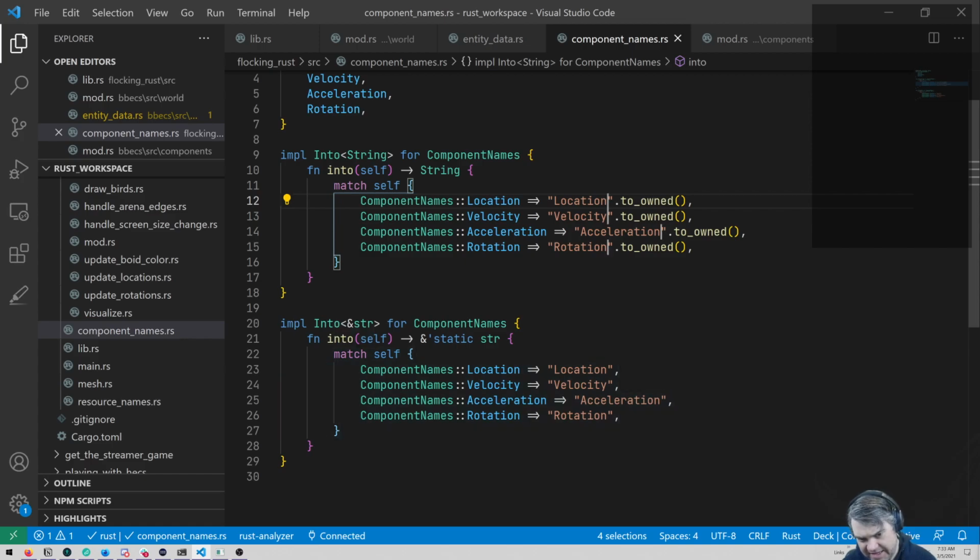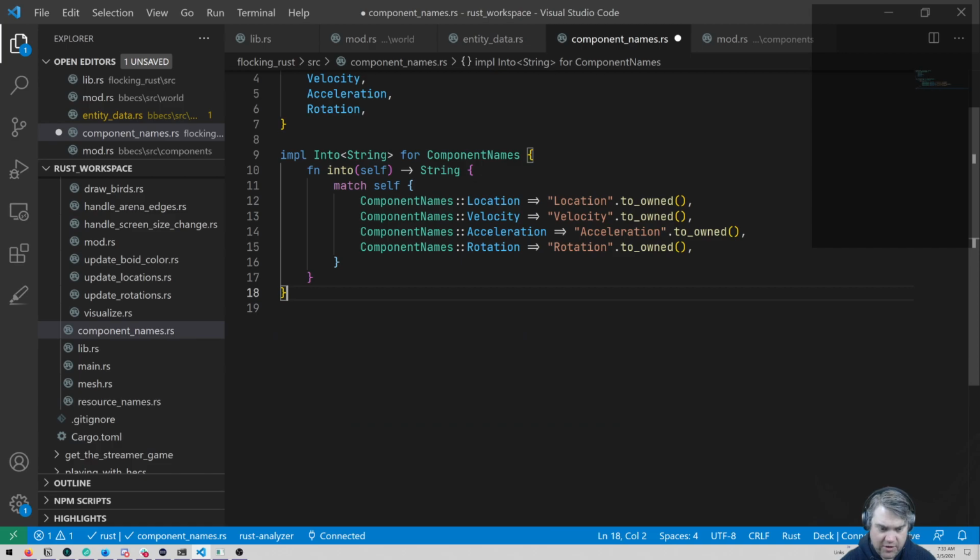I wonder if I shouldn't even do this and just have it be the same one, just into a string. So if I remove this completely, that way we only have this one. It can only be this.